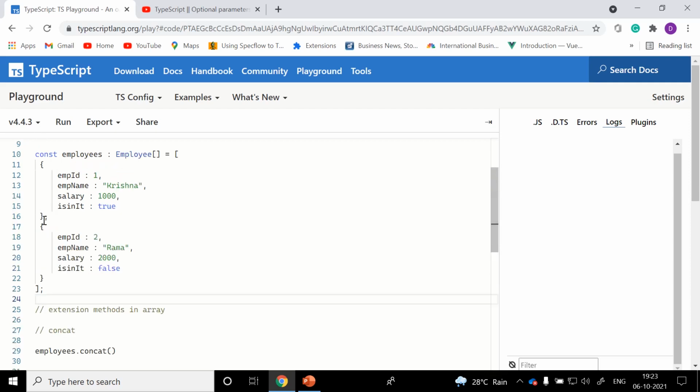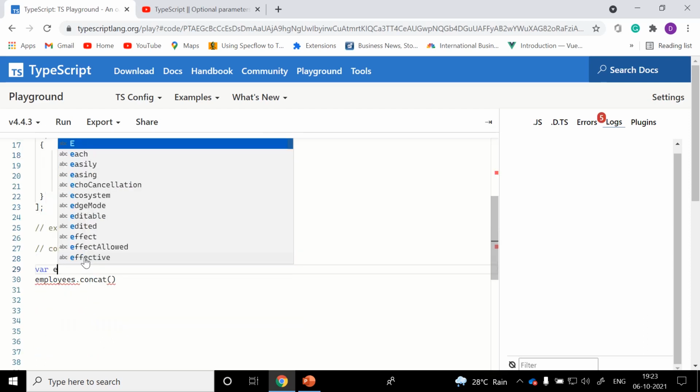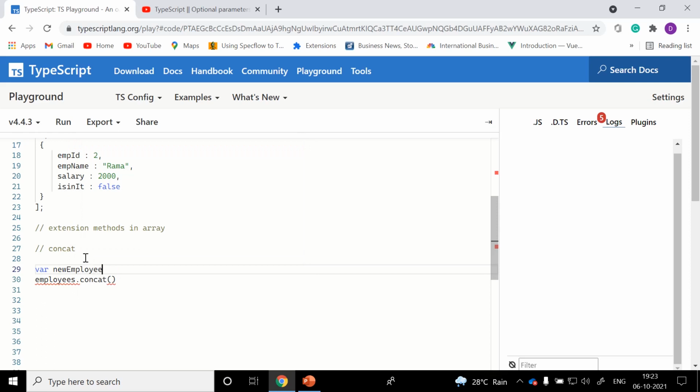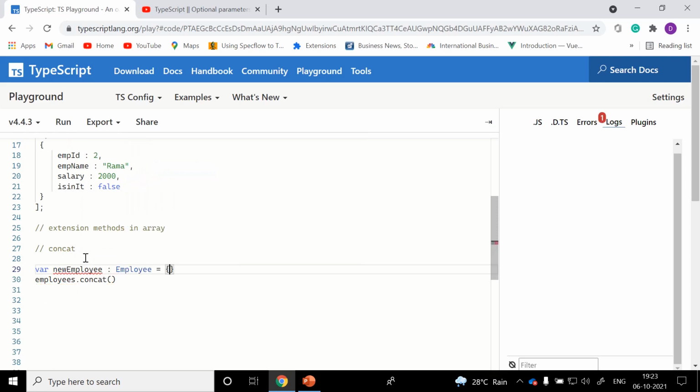For example, currently we have two objects, employee ID 1 with index 0, and employee ID 2 with index 1. If you are trying to concatenate a new employee, we know the type is employee, and we'll just assign all the properties.